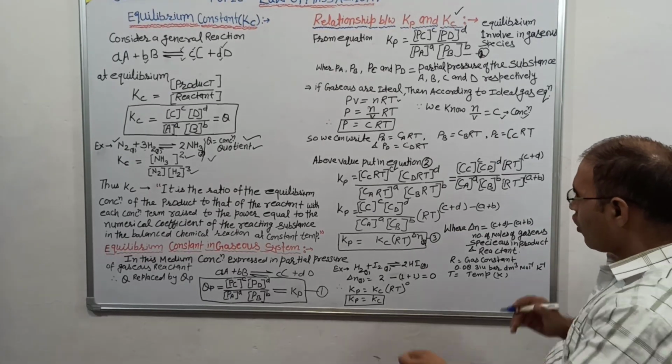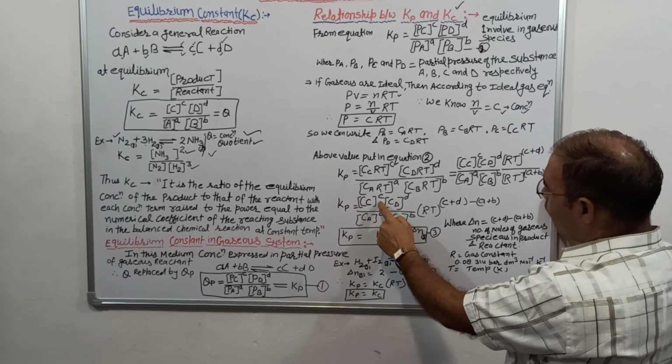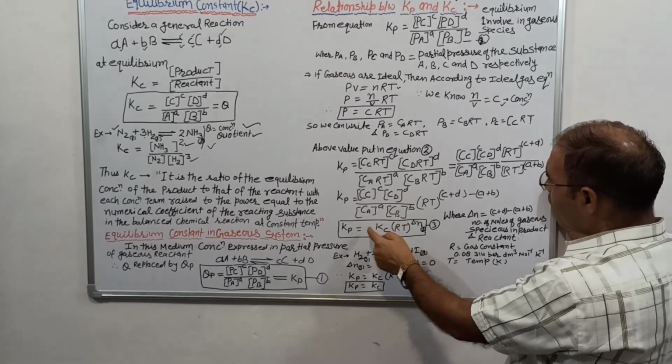So Kp is equal to Cc to the power c, Cd to the power d,